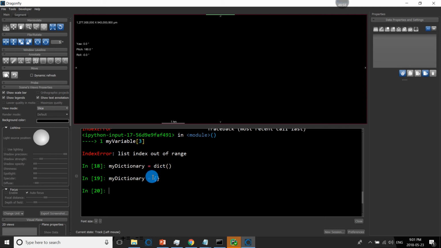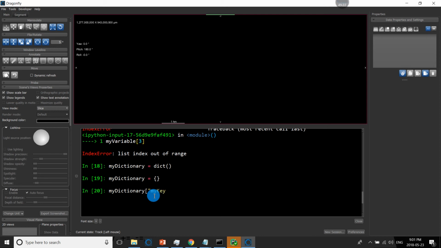I will create a new variable called my dictionary. And there are 2 ways to create a dictionary in Python. You can type dict, and then open brackets. This is the long way of doing a dictionary.